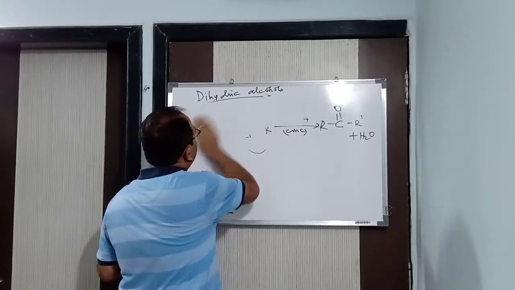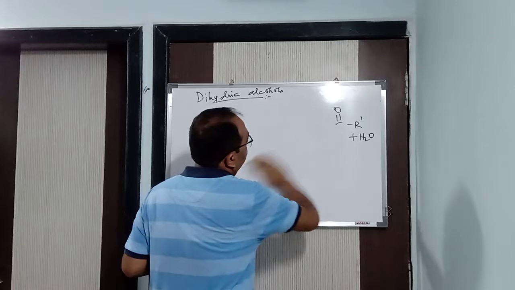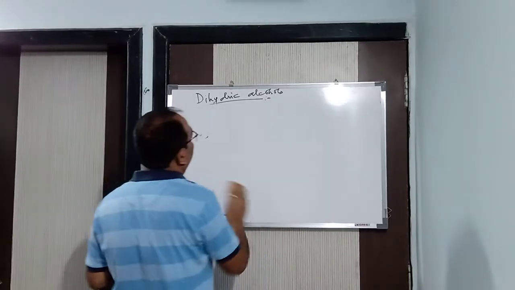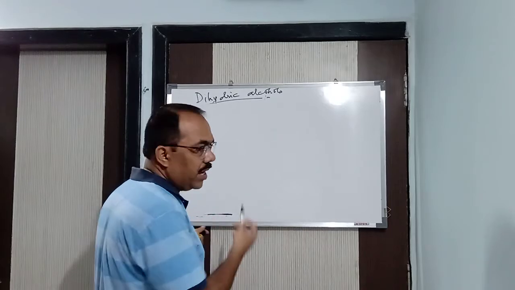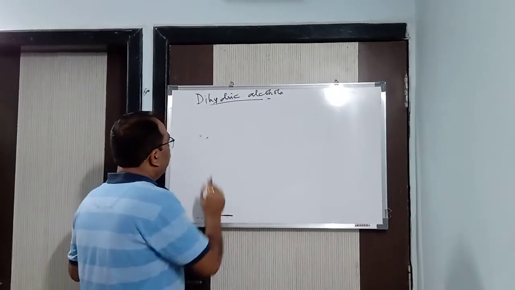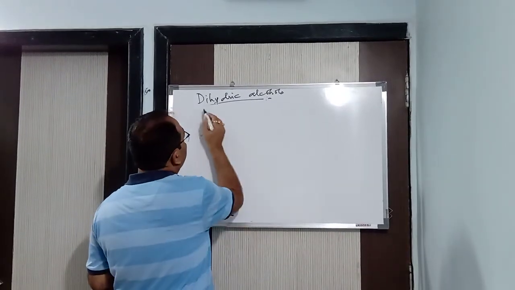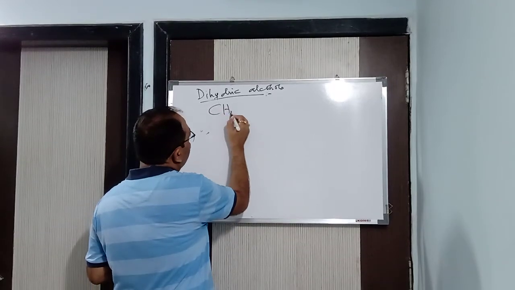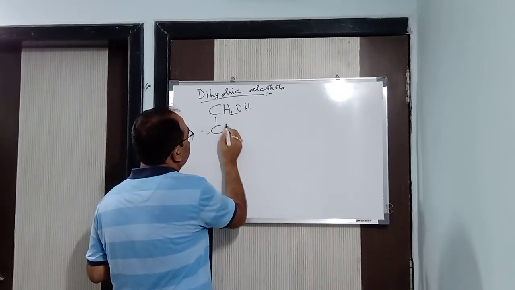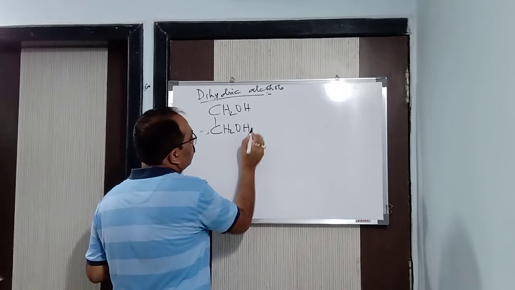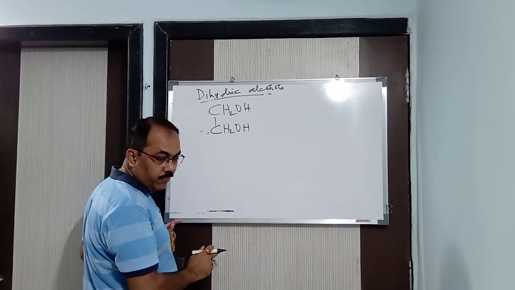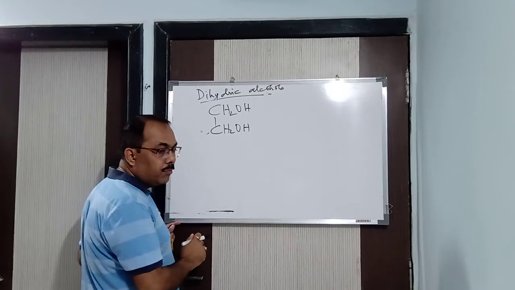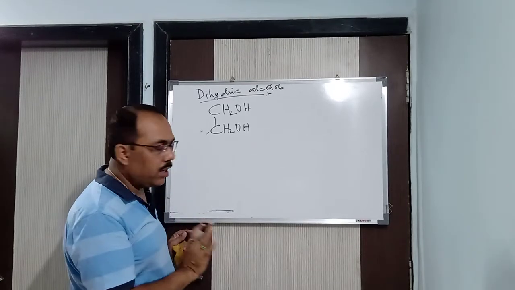I have already given you some examples. We will come to the preparation of dihydric alcohol. Under dihydric alcohol, we are going to study the gem diols. Already we have seen that one. Next I will come to vicinal also. But before that, the one we are going to study is ethylene glycol, CH2OH single bond CH2OH, ethylene glycol or ethane 1,2 diol. Now how are we going to prepare this particular one?